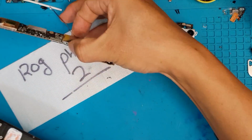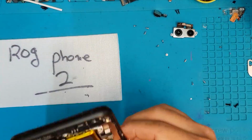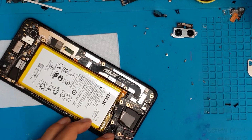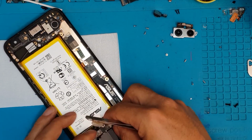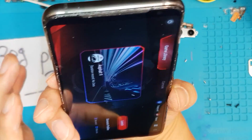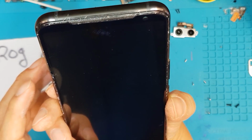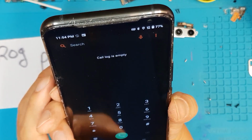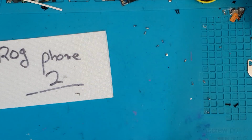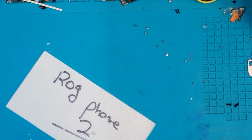complete all the reassembly. By this time, we're gonna reassemble it, place the motherboard, put all the SIM card tray, the camera assembly, and the shroud for the motherboard, and we're gonna be test booting the device. And right here we can see that it's now on a game, Asphalt 9, and we're gonna test the touchscreen and the camera, the speakers, all the sensors that should be working all fine. And we're gonna install the shroud back, and